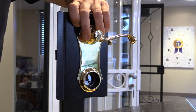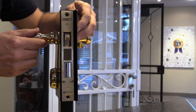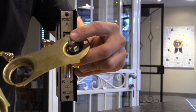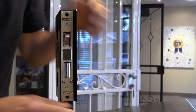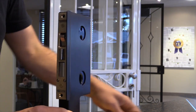Okay, now be careful at this point that you don't drop the handles and the hardware because everything is loose. Now the handles simply come off. There are axles in each of the handles, usually on a spring, and you want to make sure those stay intact. So at this point now, our lock body is free of the door itself,